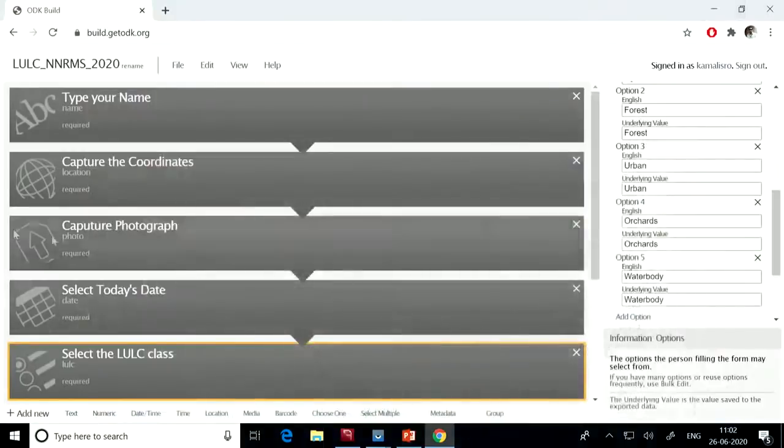Now you want to save this form somewhere, so that people can download it from there and use it. And people should also be able to submit the form there. Suppose the data is collected, now this data needs to be sent to some location. So that is also required.